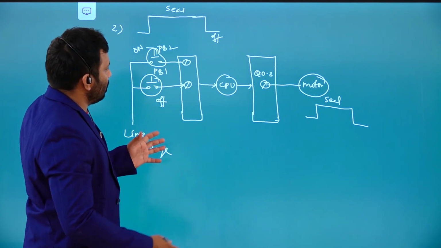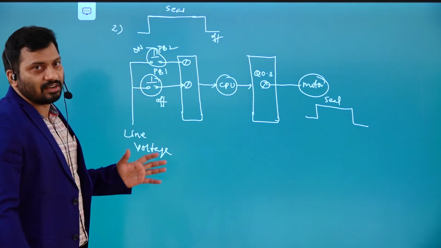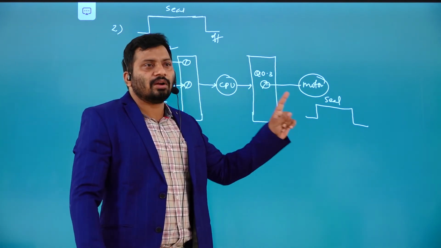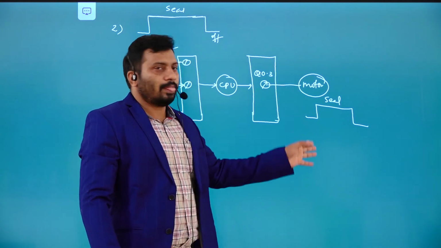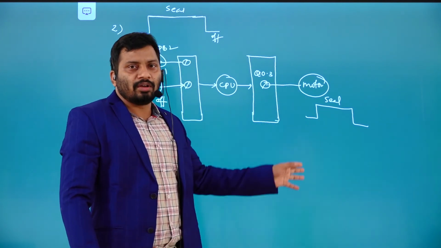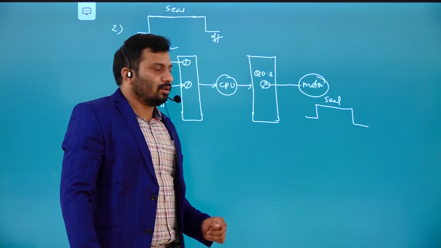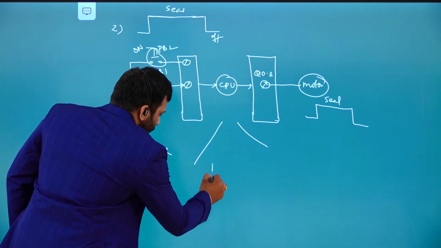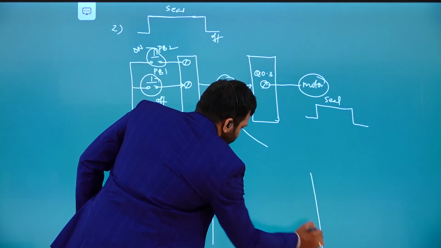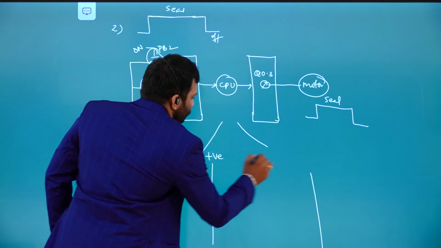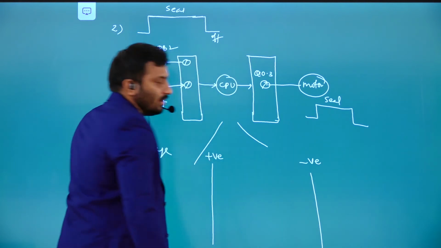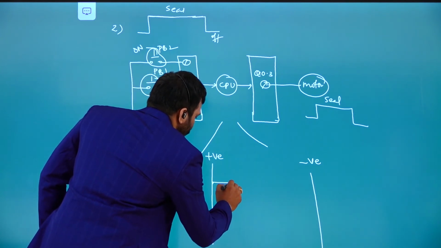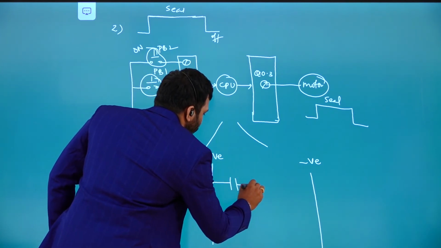So for this application, what extra thing is required? Another push button is required as an input switch. The output motor is the only output device that we need to control. So for this application, you need to write a program here. The ladder logic is going to be like this. This is the positive rail, this one is the negative rail. So you need to write a program like this. Whenever you want to turn off, you turn it off, right?